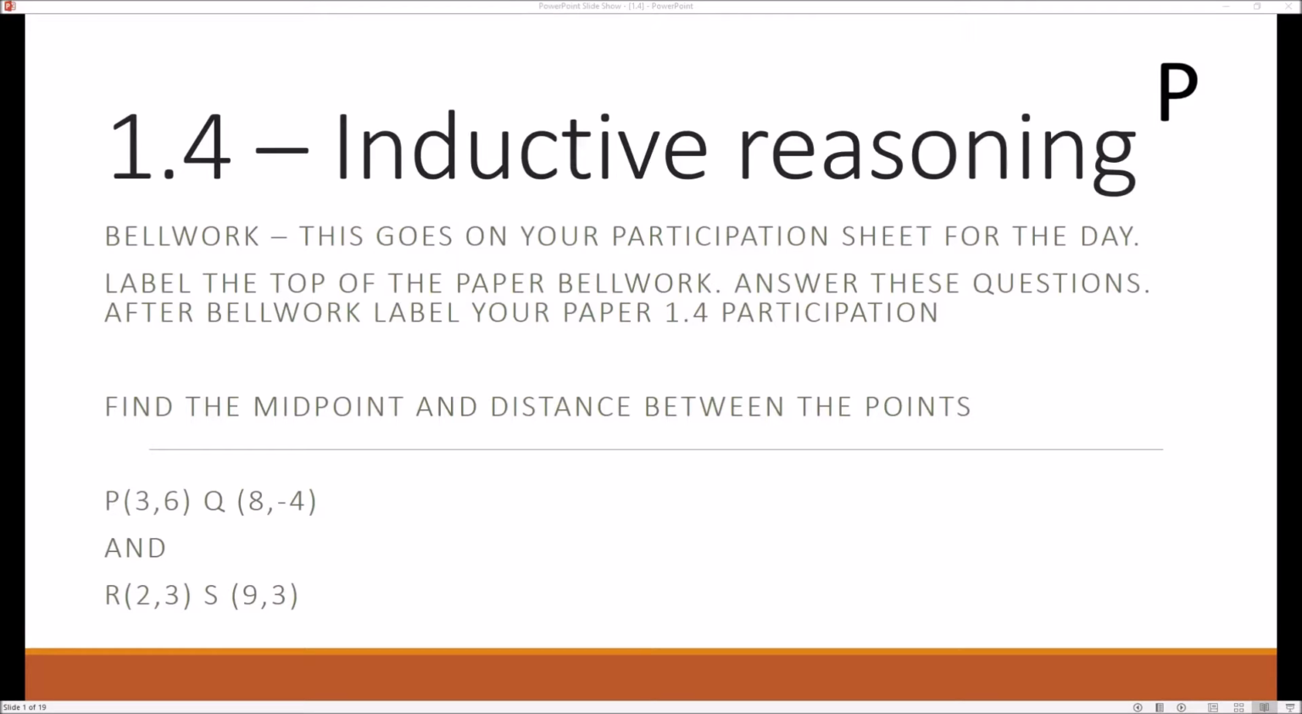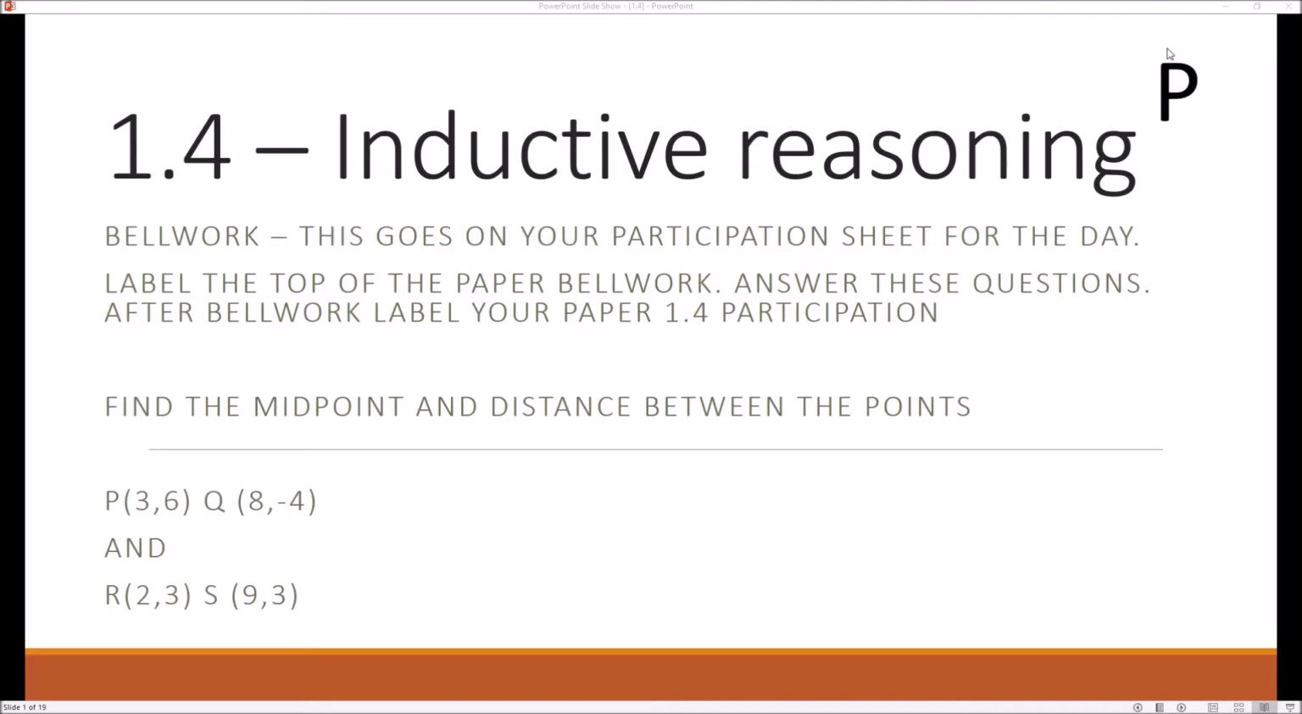Alright, so now we're going to start 1.4. 1.4 is inductive reasoning. As you see, there is a P up top because this would be where we would start class. This is our bell work. So take out your sheet of paper that you're going to do your today's participation on. Go ahead and put bell work on the first line, your name, date, and block on the top right corner,